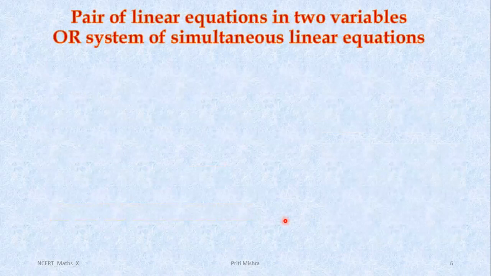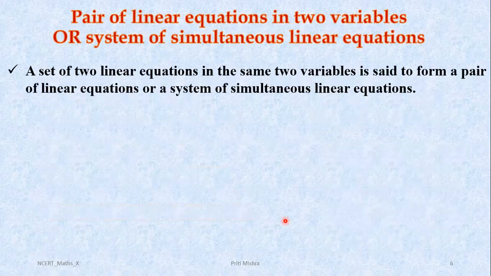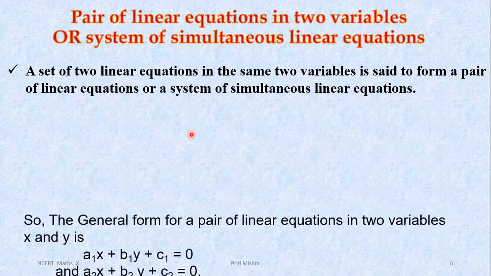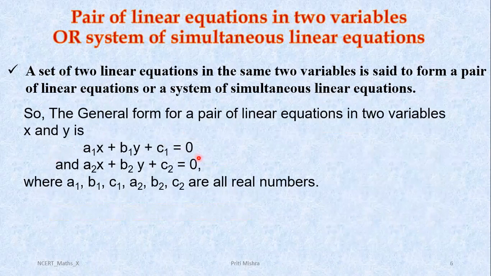Now let's begin with the definition of a pair of linear equations. In general, we can say a set of two linear equations in the same two variables is said to form a pair of linear equations or a system of simultaneous linear equations. So in general, we can have two equations like a1x plus b1y plus c1 is equal to 0 and a2x plus b2y plus c2 is equal to 0, where a1, b1, c1, a2, b2, c2, all these are real numbers,